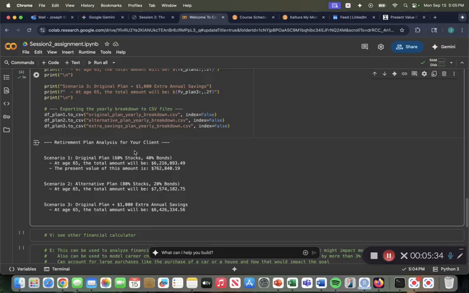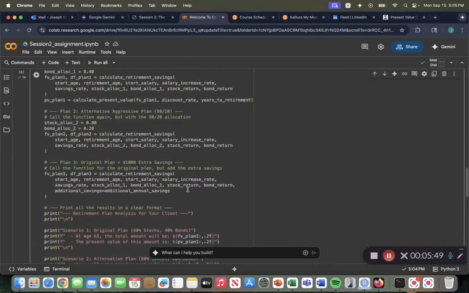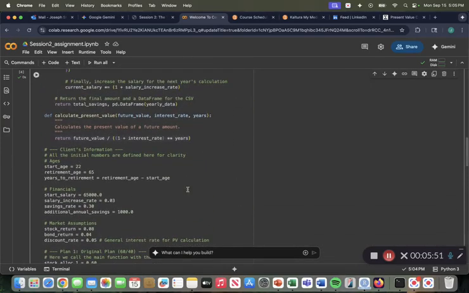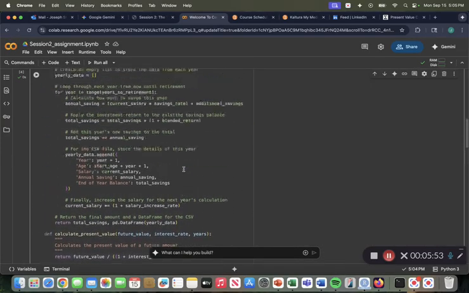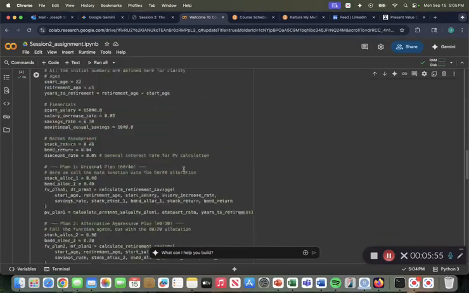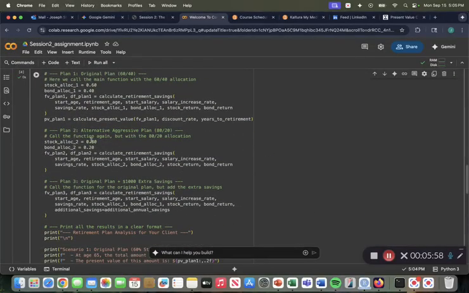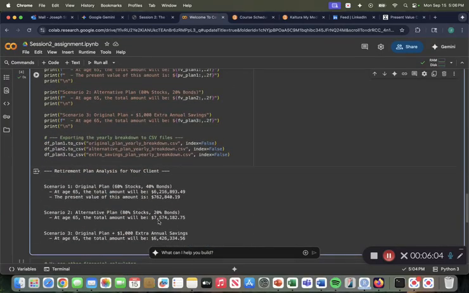So also an alternate plan for that, 80% stocks, 20% bonds, as generated by Gemini, shows that the total amount would be a lot higher in that plan. In that amount, it would be almost $1.3 million more, which we calculated. We calculated that in here somewhere. Yeah, right over here. So that same information helped to generate this number.